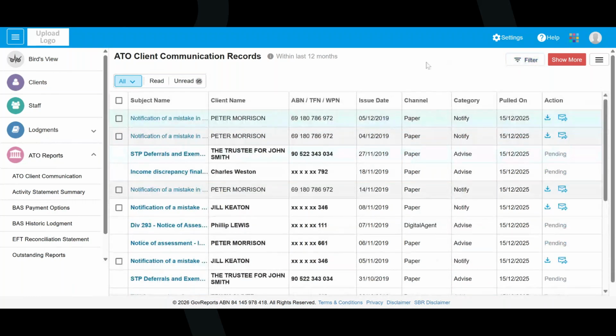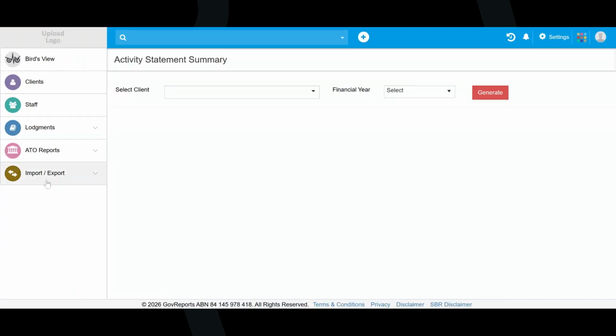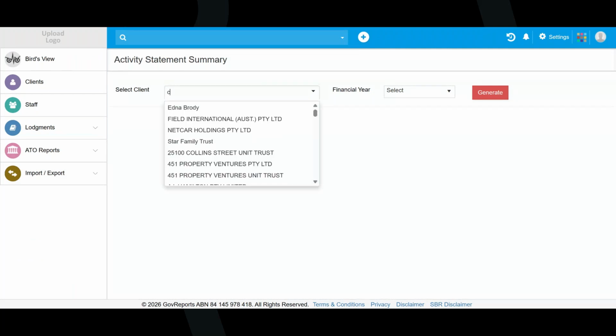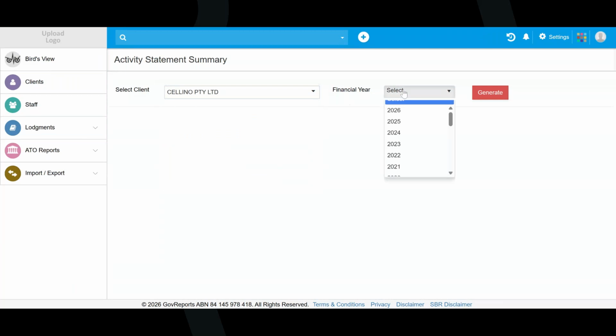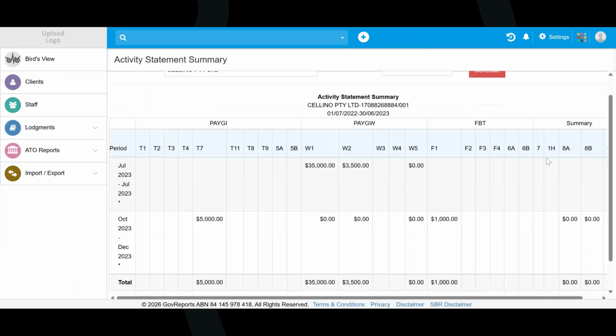Now, the next feature, if you haven't already used it, is the activity statement summaries. For those who lodge the clients' activity statements, this is one of the features that will capture all the lodged activity statements that the ATO has received for the client, whether it's done by you, or done by the clients, or lodged by the previous accountants, BAS agents or tax agents. So you'll be able to see the full list, and as long as they're on your ATO portal, you can see all the activity statements that the ATO has received